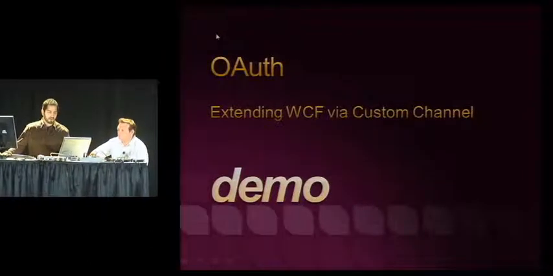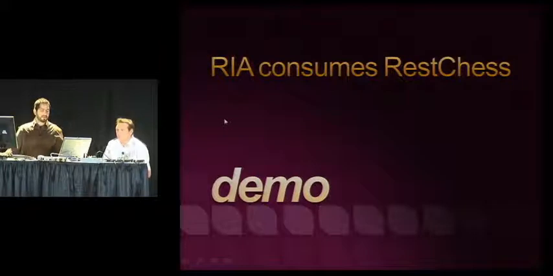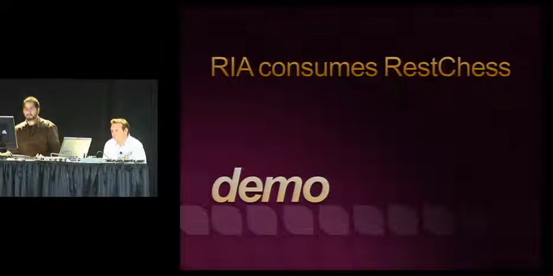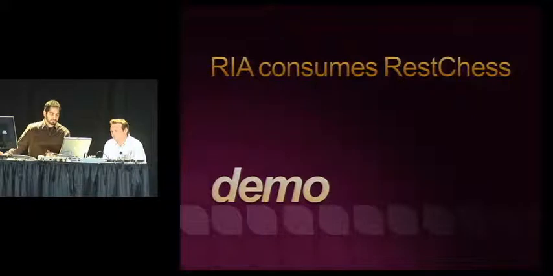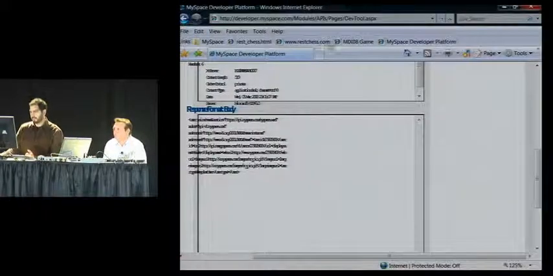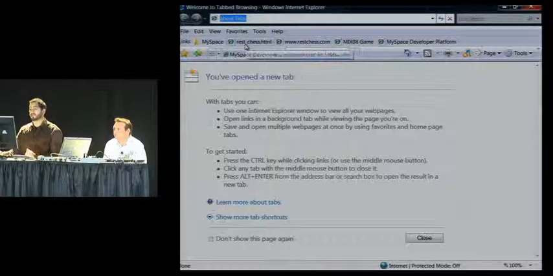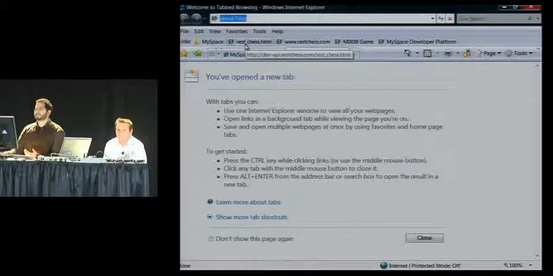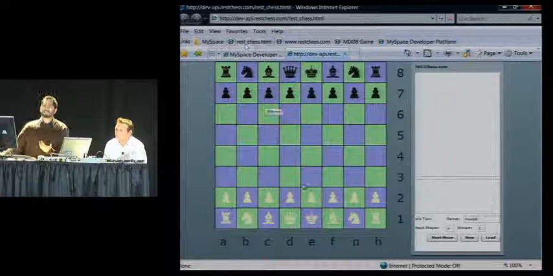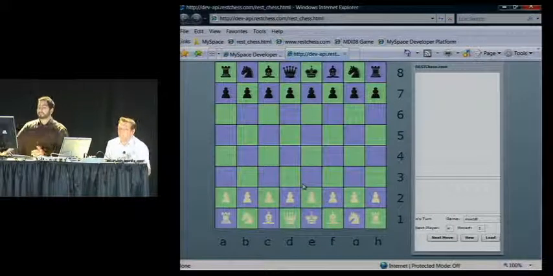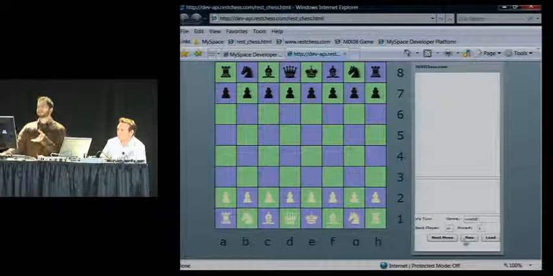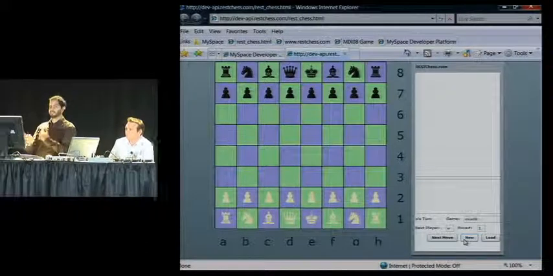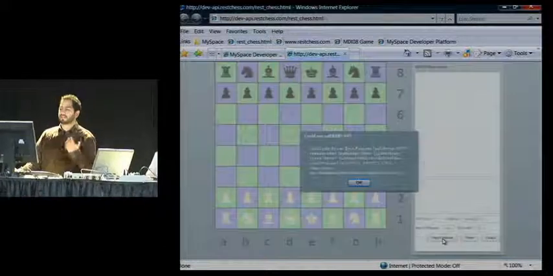All right. Now, I want to show a quick Flash application that was developed by Vipak Lay at MySpace, and he put together a quick Flash rich internet application that could have equally been done in Silverlight, but the purpose is to show how easy it is, and he did it very quickly, in a matter of hours, where he could put together a quick application that can actually make calls to our API. So right now there's a pre-programmed game that he has installed that has some moves, and so if we did